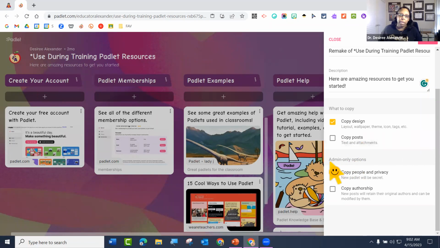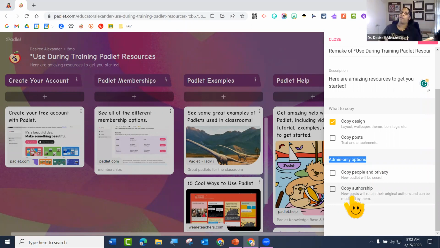And then admin only: do you want to copy the people and privacy? Notice this is only because I am the admin. If you came to my Padlet, you won't be able to do this. That keeps your students' posts and things like that a little more private. But because I'm an admin, I may want to copy this for second period.